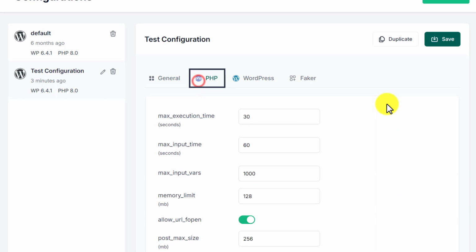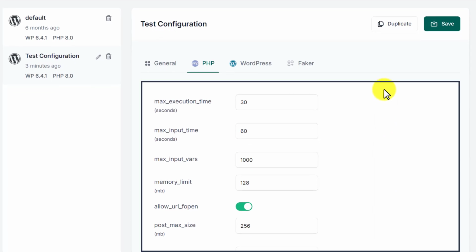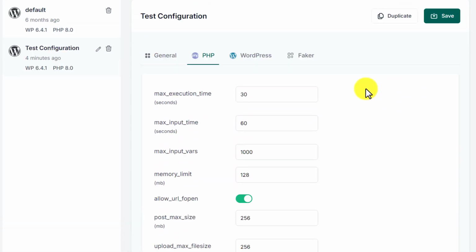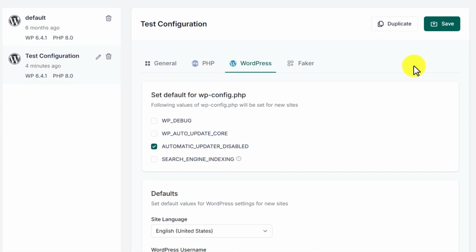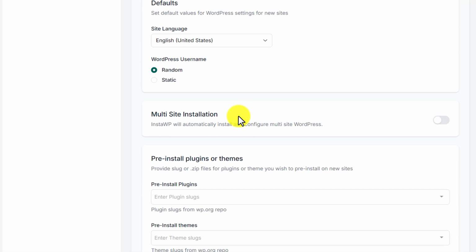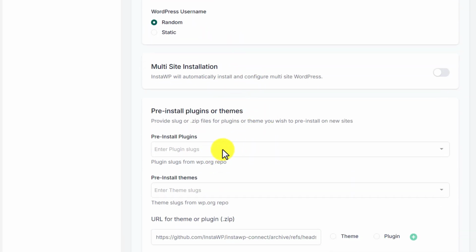After that, click on PHP, and here we have all the PHP options. You can configure all the PHP options for your site very easily from here. After that, we have WordPress. You can do all the settings for WordPress from here. Like you can do settings for wp-config.php. You can do settings for your site language, WordPress username, multi-site installation, or you can add your themes and plugins here, and these themes and plugins will be installed on your new WordPress websites that you will create using the